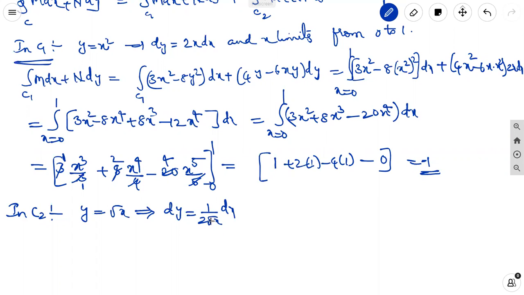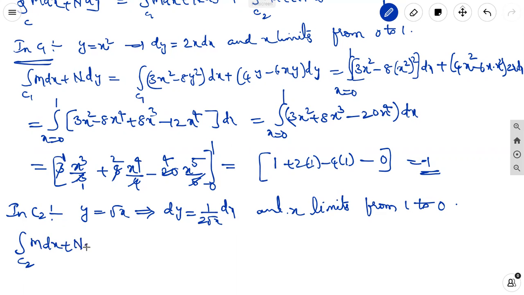The x limits are from 1 to 0. So the integral over C2 of Mdx plus Ndy is equal to the integral over C2 of 3x square minus 8y